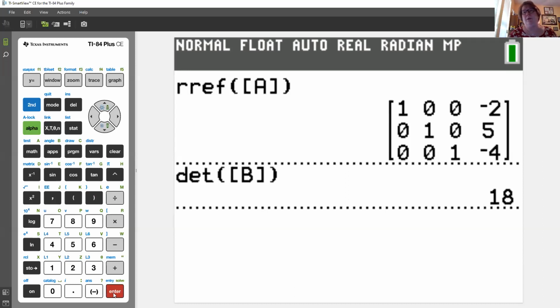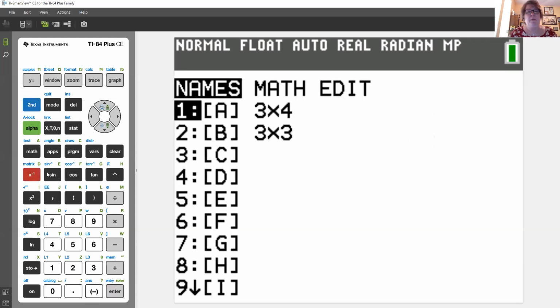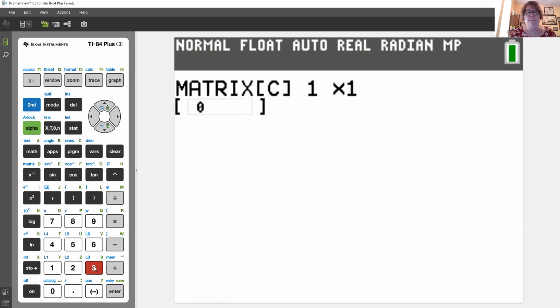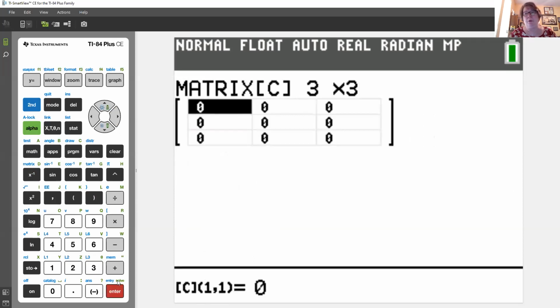Now I'm going to input D sub X. And I'm going to input that into matrix C. So I'm going to go over to edit. I'm going to edit C. That's a 3 by 3 matrix. Now I'm going to input the rows for D sub X. So I have -3, 0,